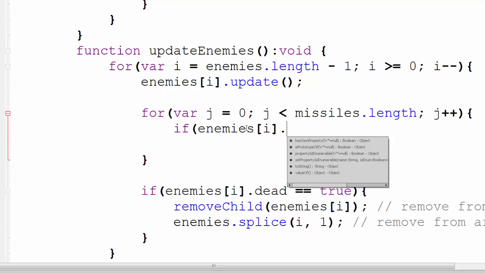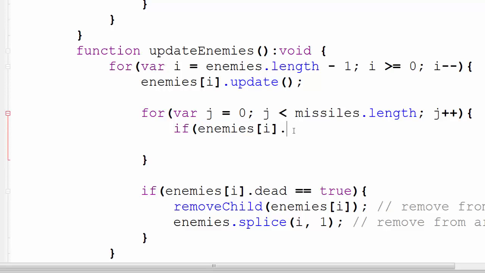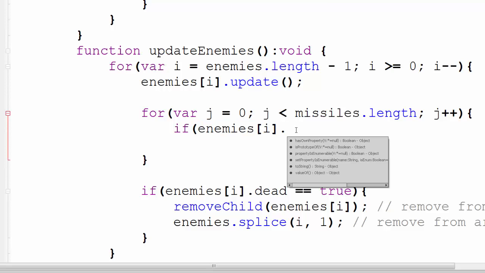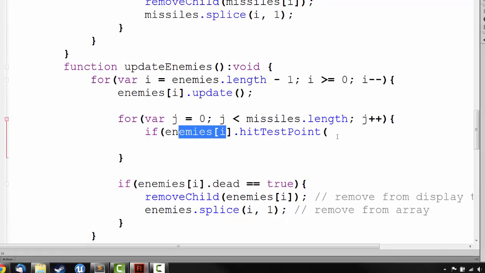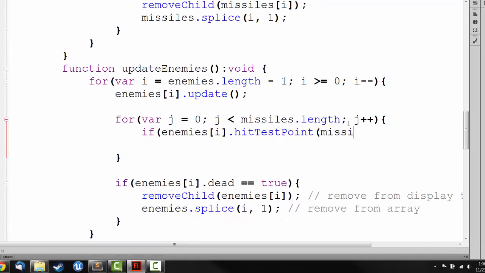This enemy is a movie clip, and the movie clip class has a couple different hit detection methods, including hitTestPoint. What we pass into this function is a point, and this function returns true if that point is inside of this enemy's artwork, and false if that point is outside of this enemy's artwork. So the point I'm going to be passing in is the center of the missile, missile.x,